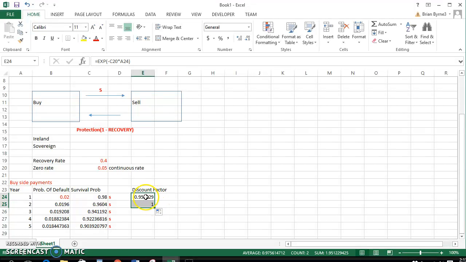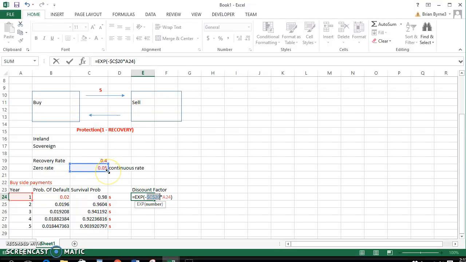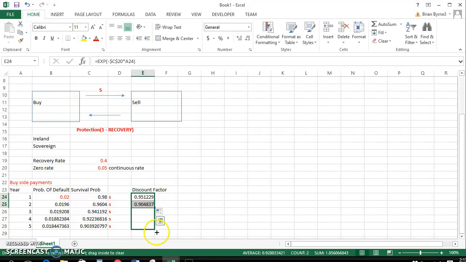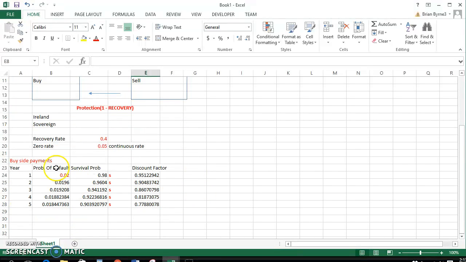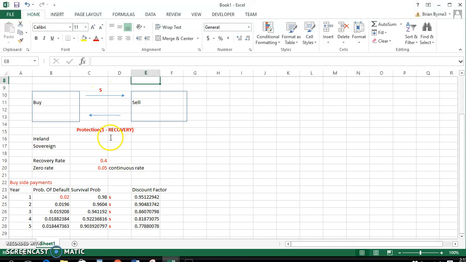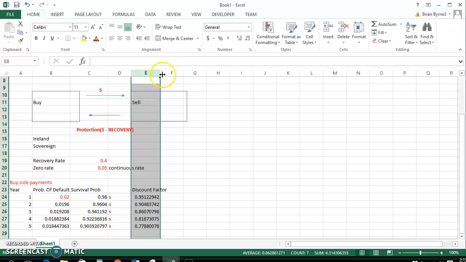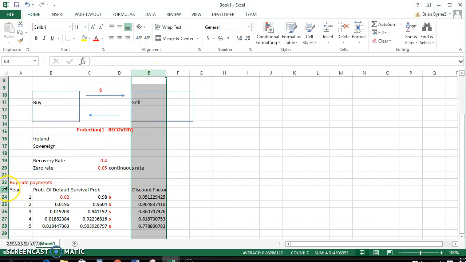Over 2 years, okay, so I've got to go back and dollarize the interest rate, F4, and then we'll drag that down. And again, and again. So what we have is on the buy side, yes, S is going to be paid each year, conditional on survivorship, but we also must discount those S to reflect present values. And when we take the adjusted,